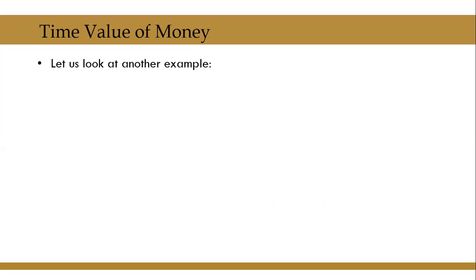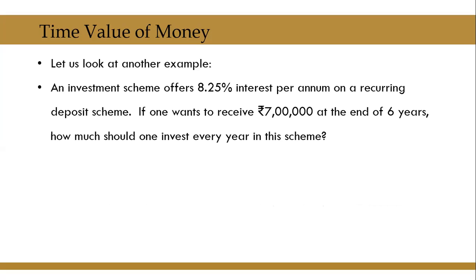Let us look at another example. An investment scheme offers 8.25% interest per annum on a recurring deposit scheme. If one wants to receive 7 lakh at the end of 6 years, how much should one invest every year in this scheme? That means I want to receive 7 lakh rupees at the end of 6 years from now